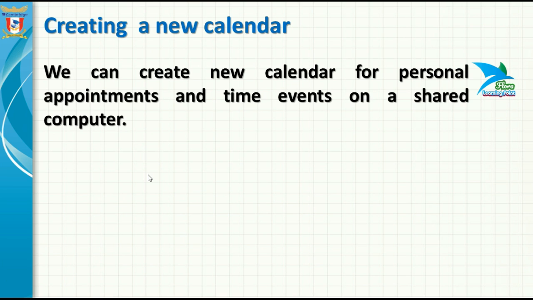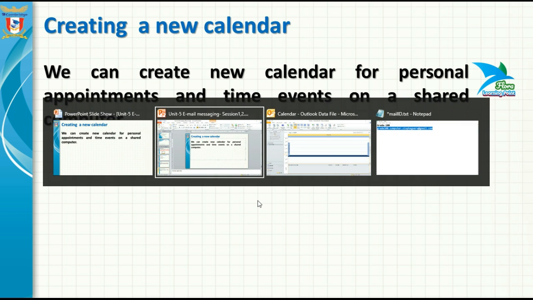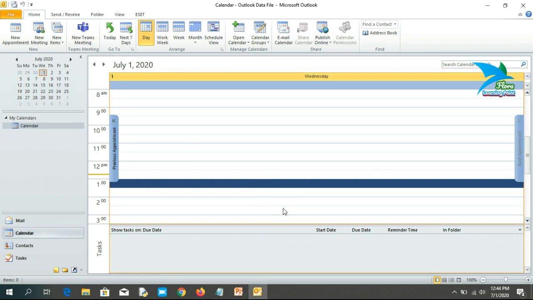Next, we will discuss how to create a new calendar. We can create a new calendar for personal appointments and time events on a shared computer. That means if you are using a shared computer that can be accessed by multiple different persons, then you can schedule your personal appointments in a separate calendar instead of sharing a single calendar between all the users. So to create a new calendar, just click the Home tab,